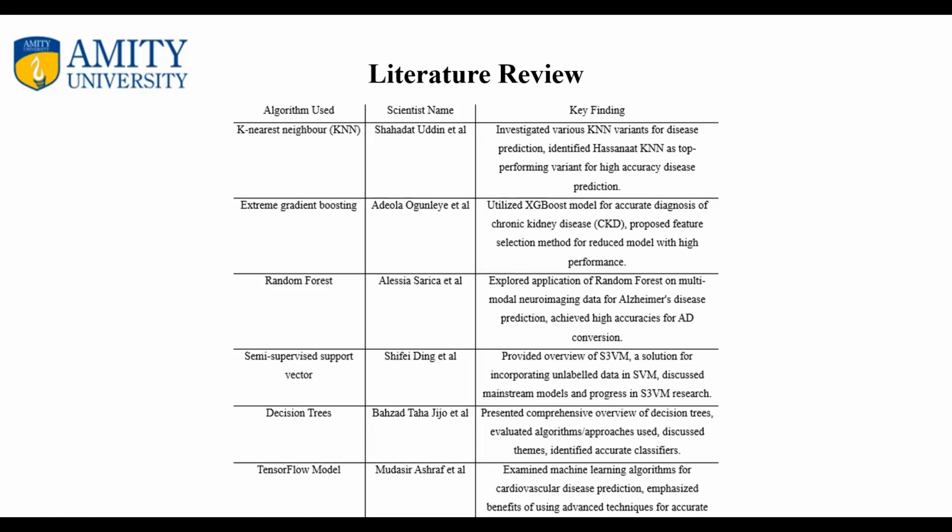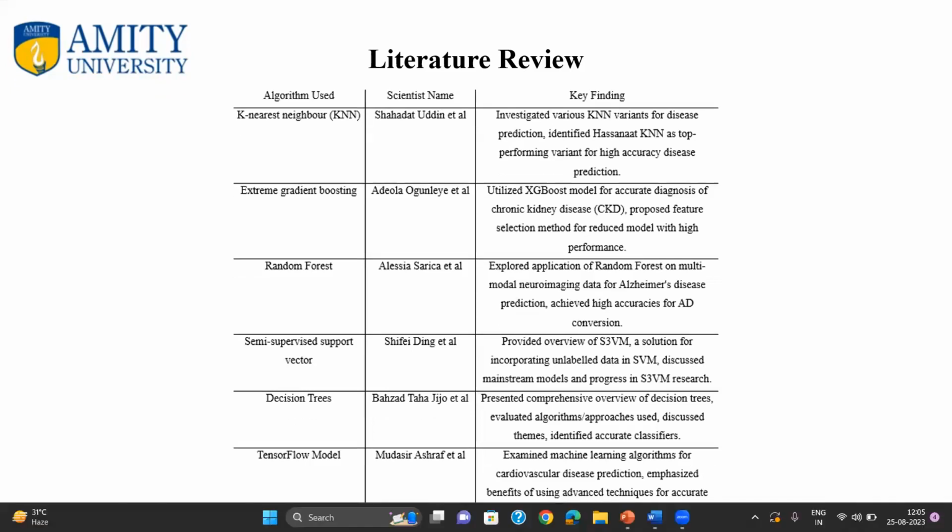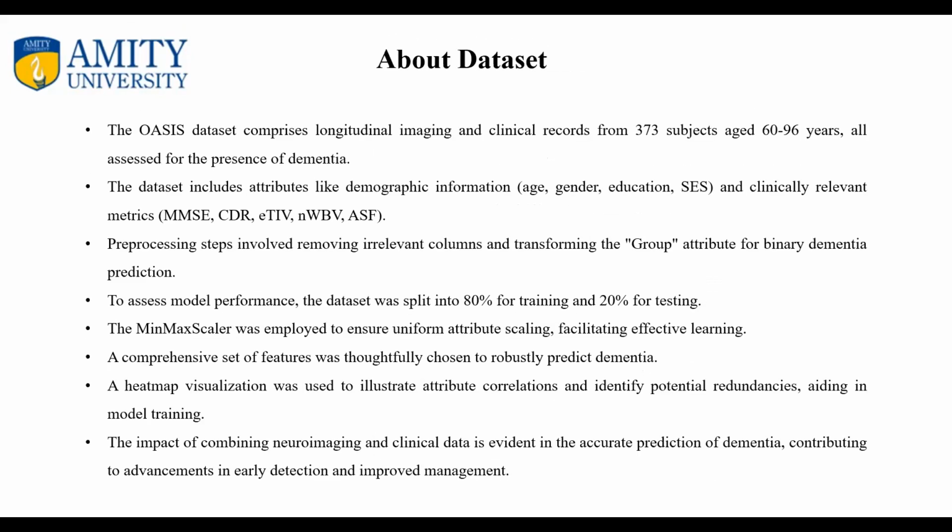About the dataset that I have worked on: the OASIS dataset contains records of 373 individuals aged from 60 to 96, evaluating dementia. It includes demographic attributes like age, gender, education, and SES, and metric attributes like MMSE, CDR, eTIV, nWBV, and